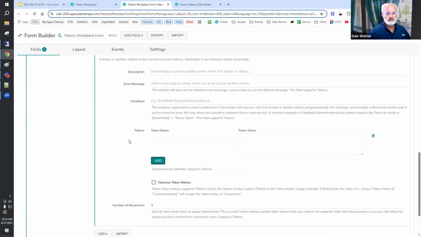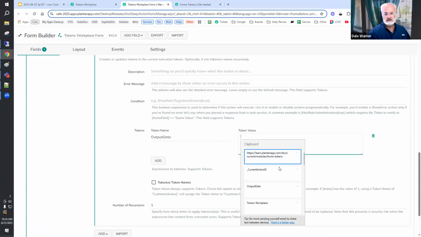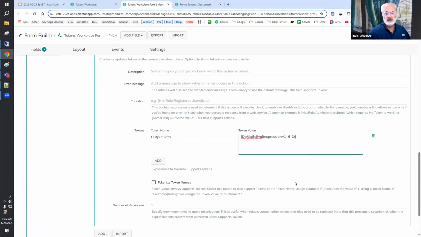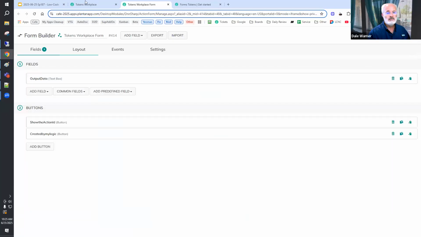We still want to push this to our output data, the name of that field on our form. And let's just say that we'll go ahead and do our math, 1 plus 6 minus 2, just to show that we can consume this token and put it to output data. So output data,